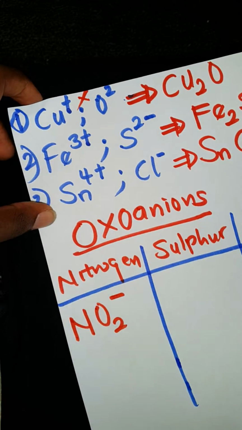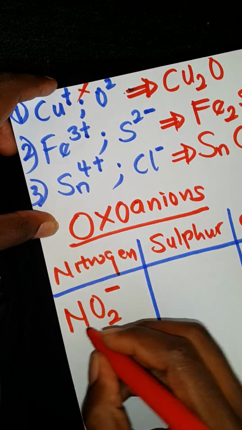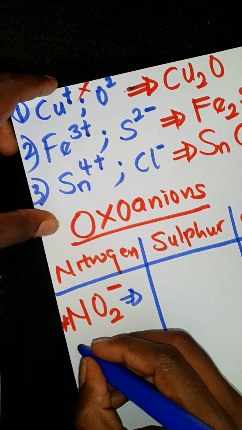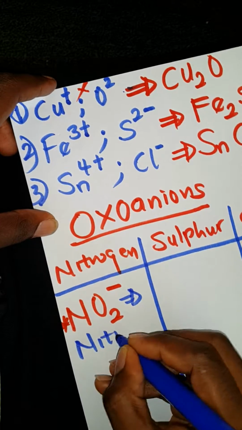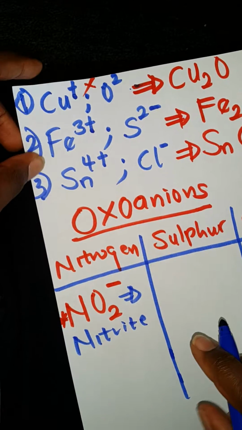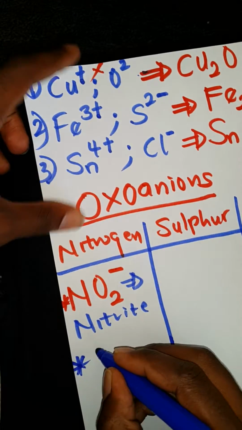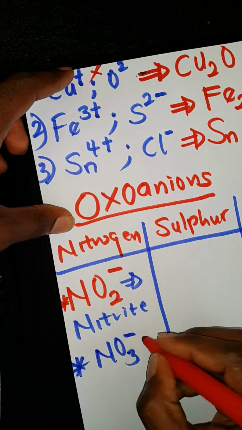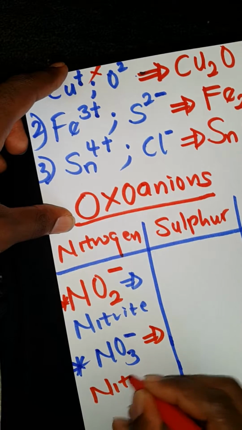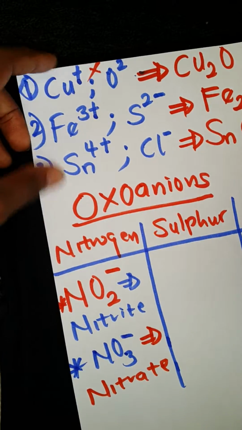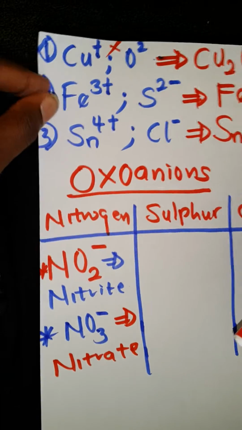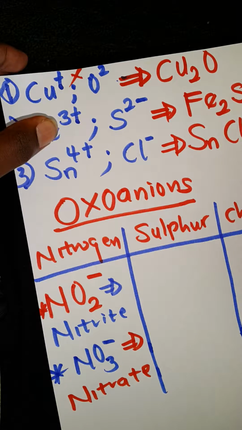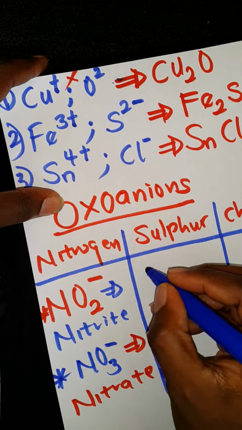NO2 minus. This one is called nitrite. And the next one is NO3 minus. This one is called nitrate. You need to know all these rules offhand, so that you won't have any problem while naming. Then for sulfur, we have